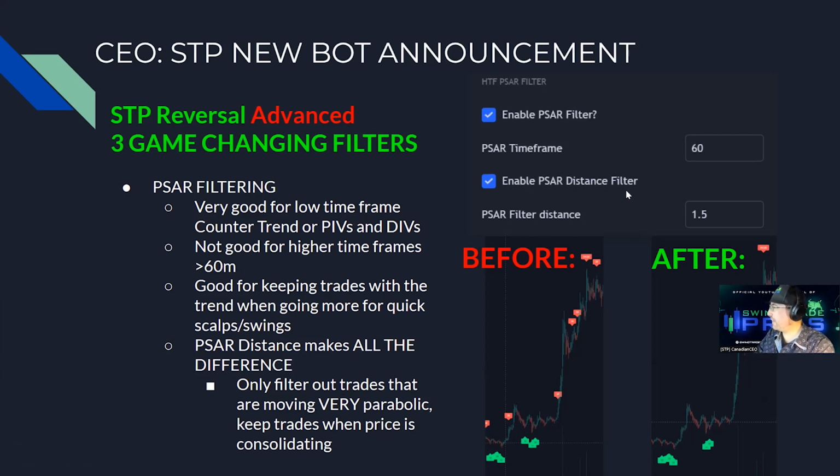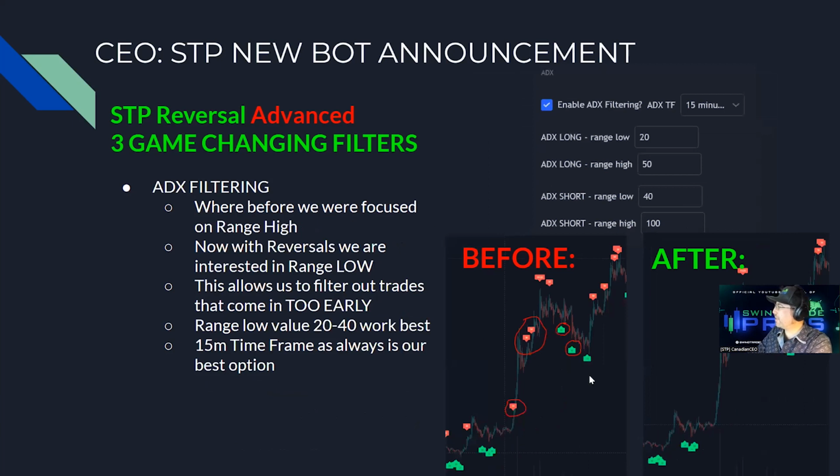Okay, but you know, you use SAR distance there, and so it's only going to filter out those really parabolic moves. Then you can maybe push it to a 1 hour, 2 hour. So it is useful. It's a tool in the tool chest, right? Now ADX is super powerful. All right, and you guys know it was a game changer for SAR, right? It gave us so many great trades, great filtering, I should say,